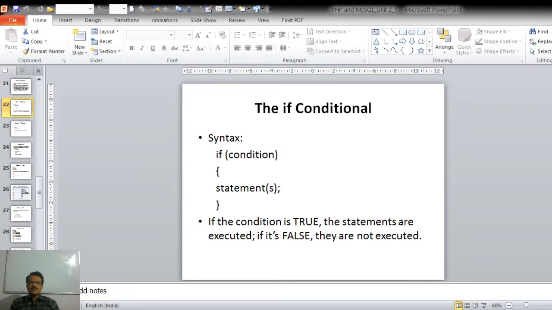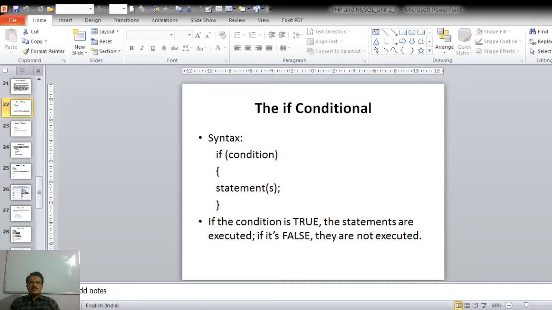So the syntax is simple. The keyword if followed by a condition in parenthesis, then an opening curly bracket and a closing curly bracket. And in between these two curly brackets, we write the code statements that will be executed if the condition given above evaluates to true.